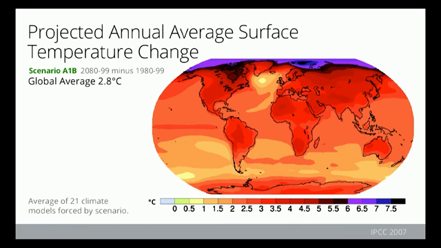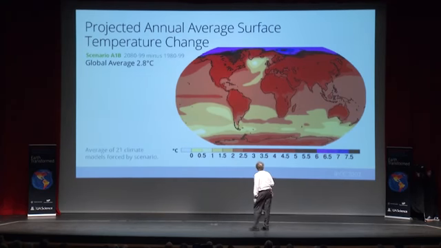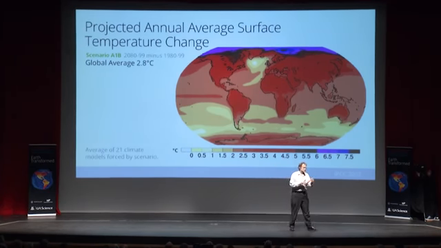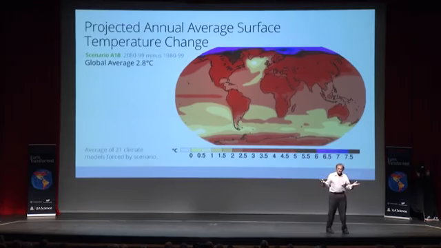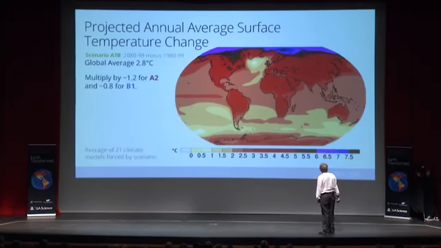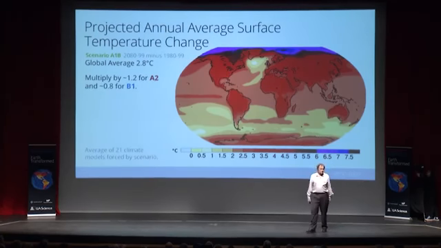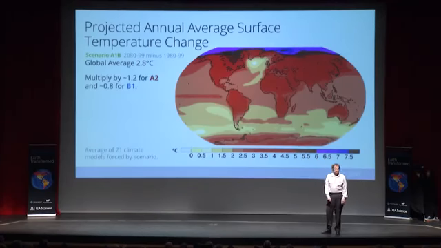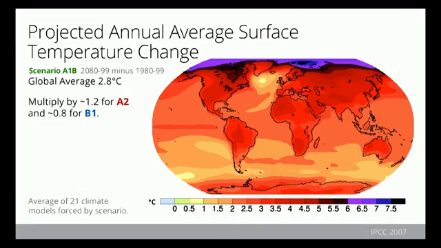And the other thing I want you to take away is that the numbers over land are more like 3 or 4. So if the global average is 3, basically multiply by 30% more to get the land average temperature change. Now, if you're an optimist and you think you can hit utopia, it's the same map. Just multiply everything by 0.8. And if you're a business as usual kind of person, just multiply everything in this map by 1.2. The pattern is the same across every climate model.